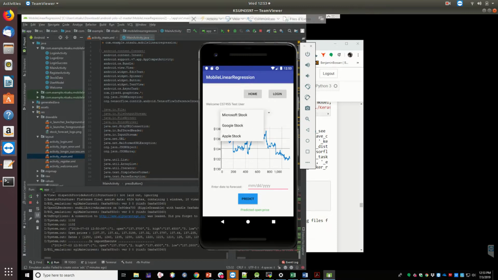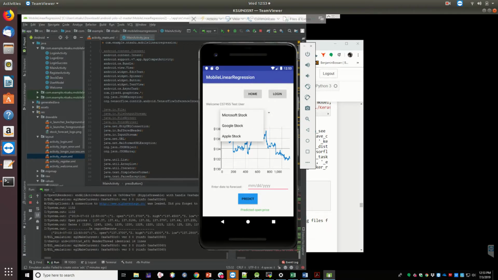And yes, we look forward to having it for Google and for Apple stock. We look forward to adding a push notification, and we also look forward to coming up with a phone vibration. Apart from that,